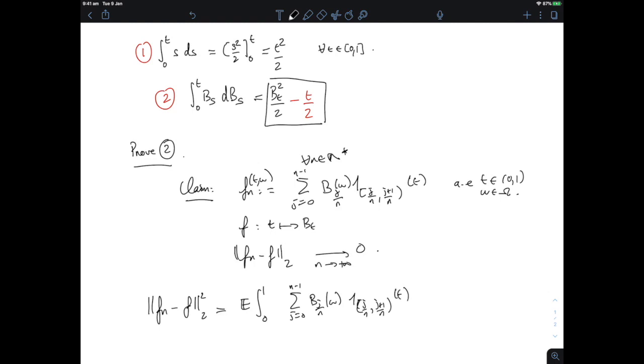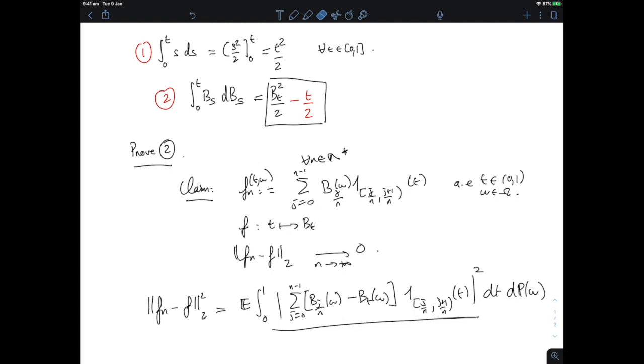And I'm subtracting from that b_t of omega, and b_t of omega is equal to b_t on every single one of those intervals. So let's write it, to keep it a little simpler, as minus b_t of omega times the indicator function of the interval j/n to (j+1)/n of t, squared, and then you do that dt and dP of omega. Now notice that all of these intervals are disjoint, so if you expand this square here,